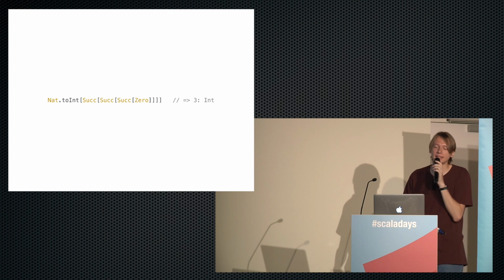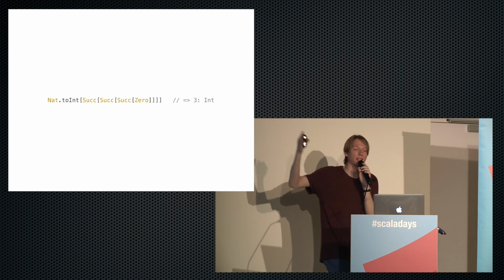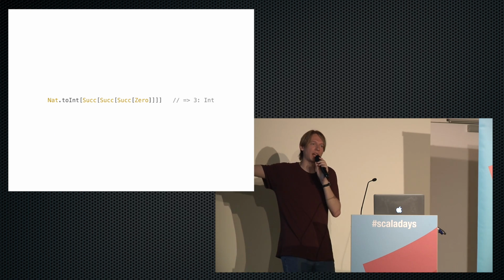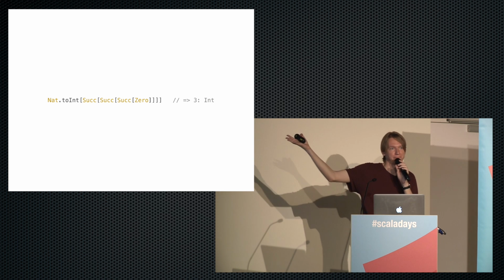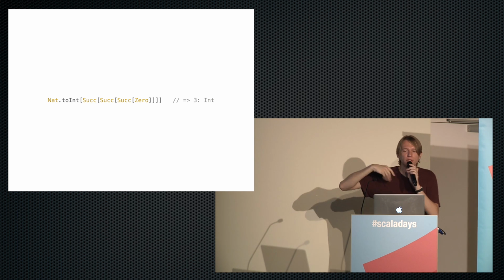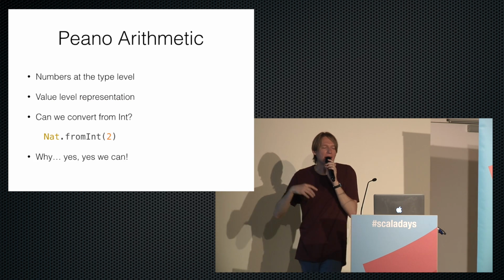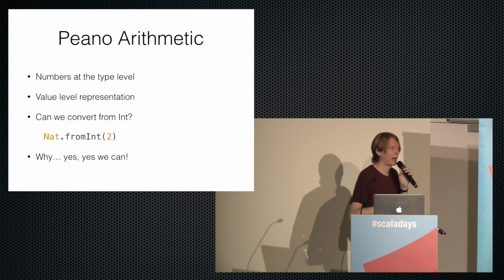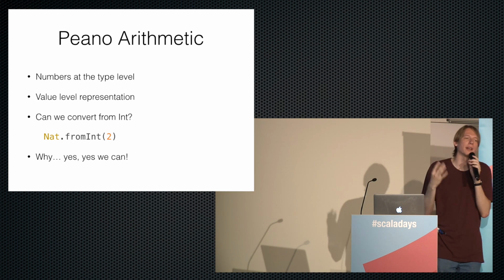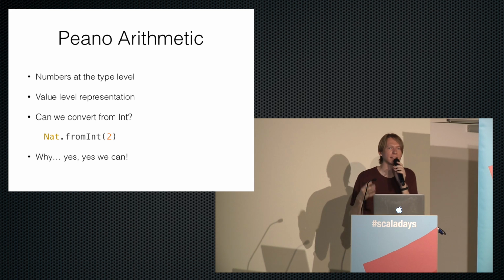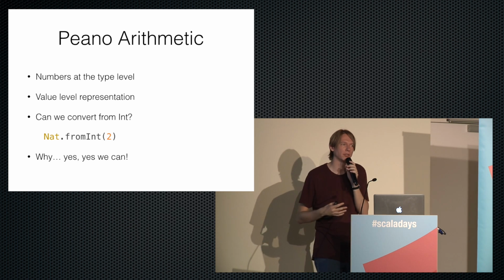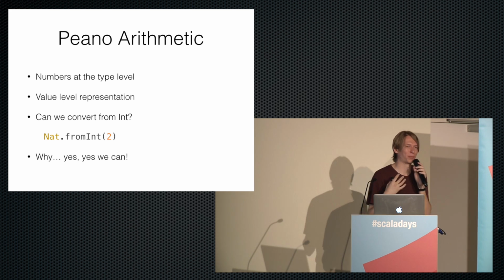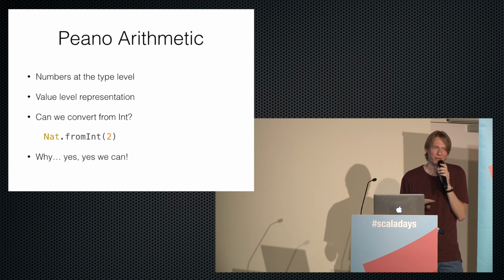And once we have this, we can take suck of 0, and it will tell us that that corresponds to integer 3. Right? So everybody should agree here that we have represented numbers at the type level. And these numbers do have some sort of value level representation, right? Suck is a case class, 0 is a case object, but this is not the most pleasant value level representation